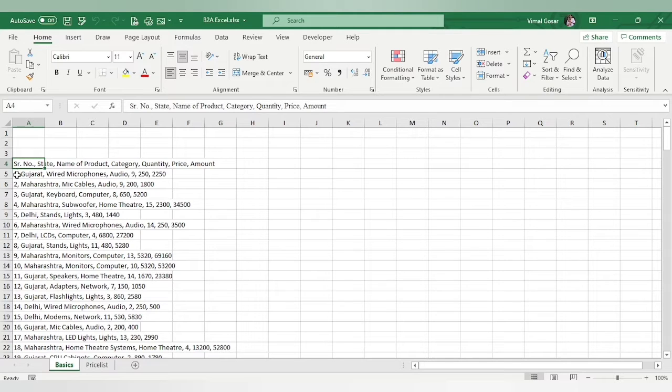It would have the serial number first, then the state, then the name of the product, which category the product belongs to, then what will be the quantity, how much is the price, and what will be the amount based on the price and the quantity. So now this is data which is in a single line. If you just observe over here, all these entries, all these different inputs, are in the same line, and it's going to be very difficult for us to actually analyze if it is in the same form. So in this case, instead of having our data in this way, what we can do is